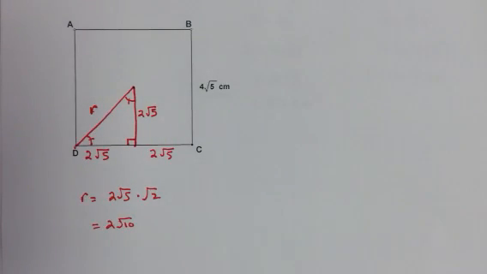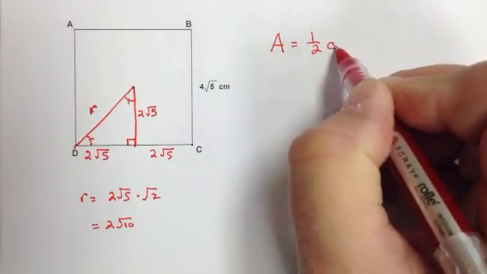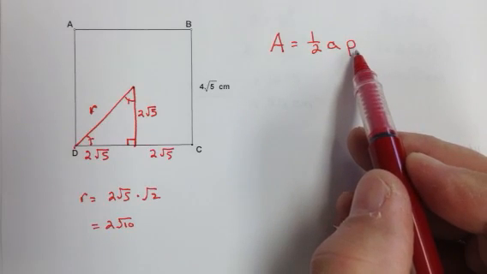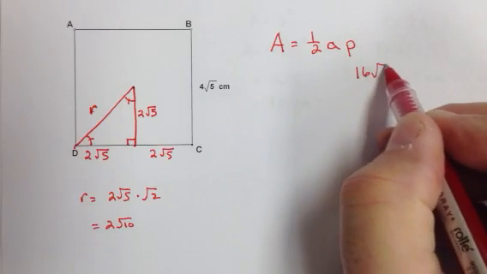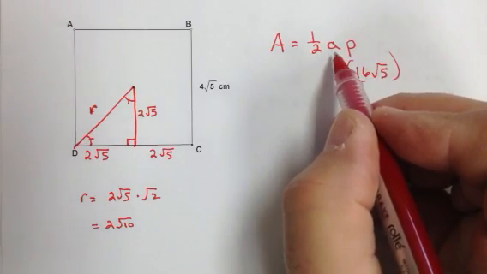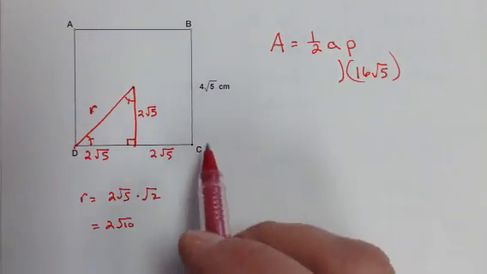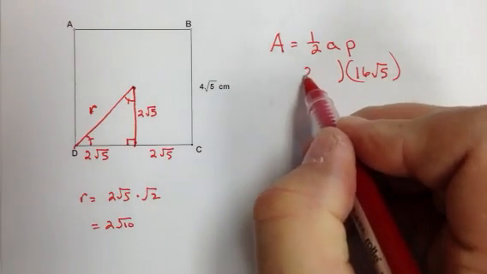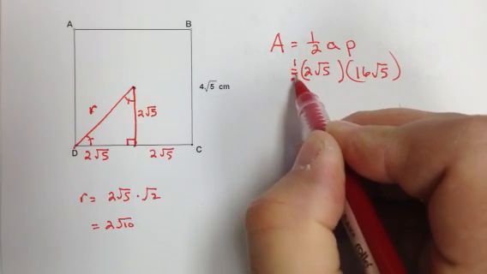The area formula for a regular polygon is 1/2 AP, where P is the perimeter, and we already know what the perimeter is. We solved it before. The perimeter is 16 radical 5 centimeters. A is the apothem. Sounds like opossum. So that length would be 2 radical 5